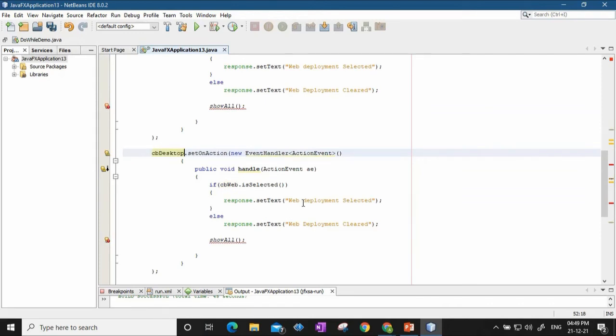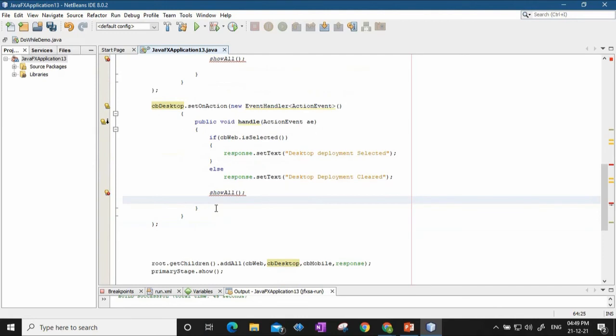Here it will say desktop deployment selected, and here also it will say desktop deployment cleared, and it will call the show all function, which we are going to write.